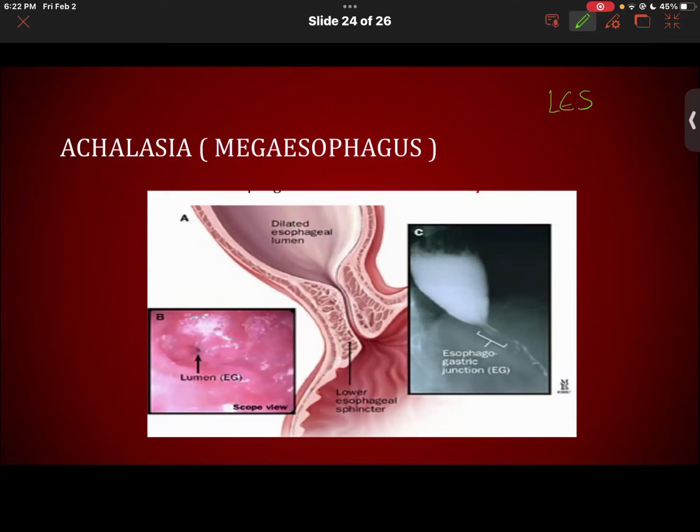So now, either due to an autoimmune disease or due to some viral infections, the inhibitory neurons are going to be destroyed. These inhibitory neurons usually release VIP and NO to relax the lower esophageal sphincter so that food can enter. But if these inhibitory neurons are destroyed, then obviously this will not relax. It'll stay constricted. And this makes it harder for us to swallow food. It leads